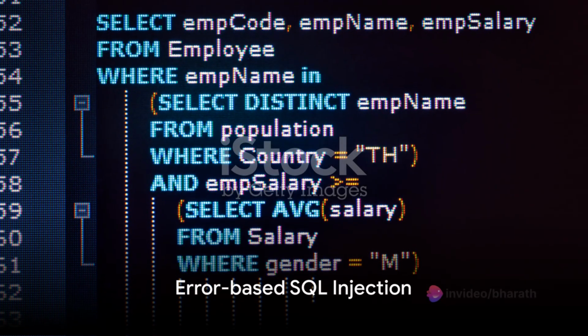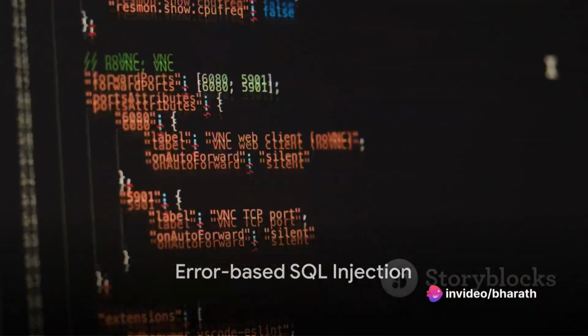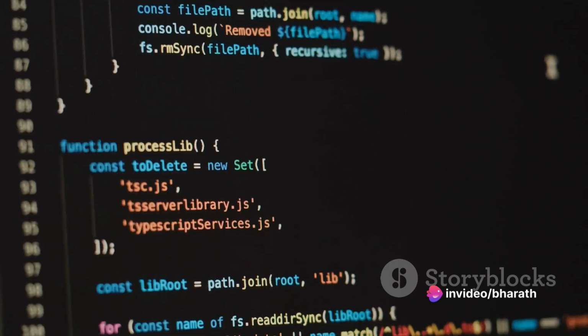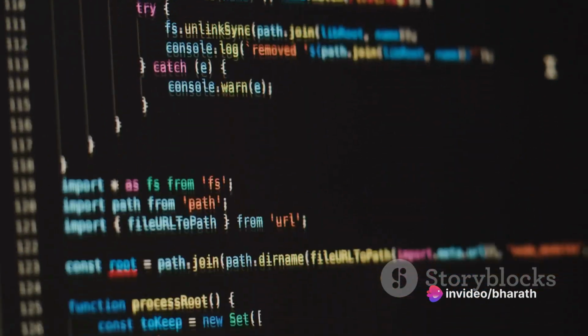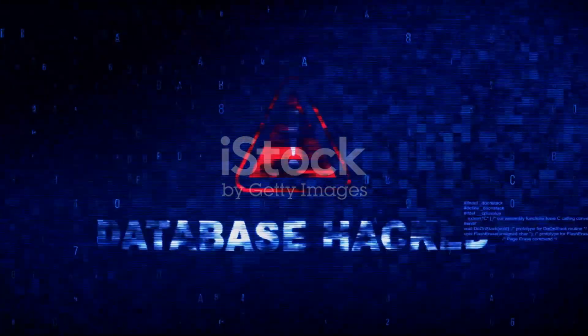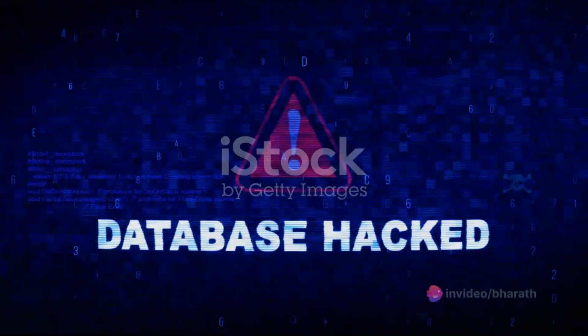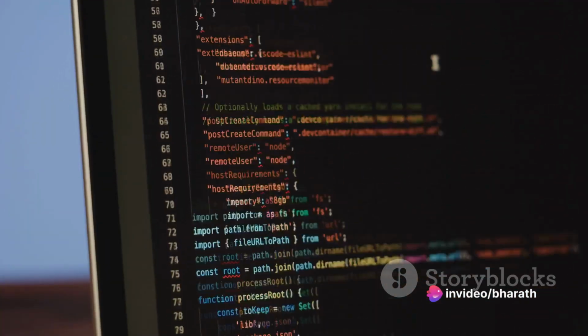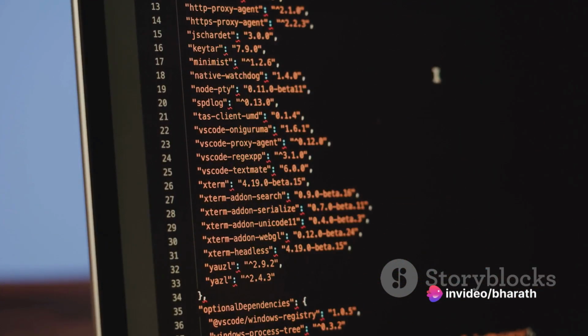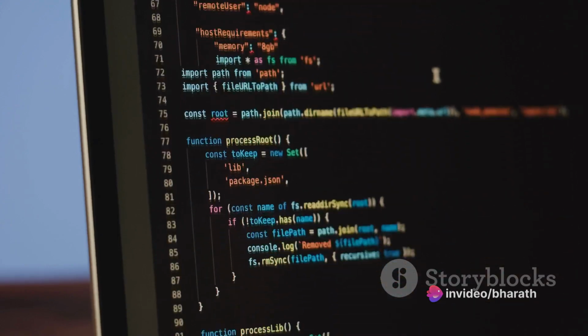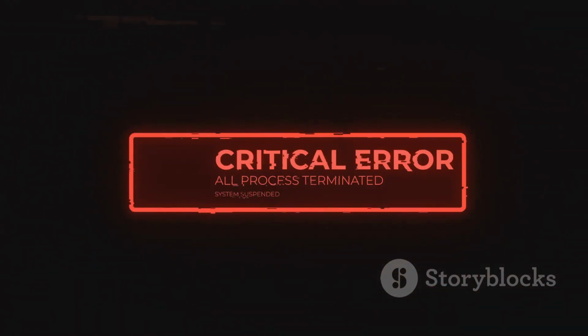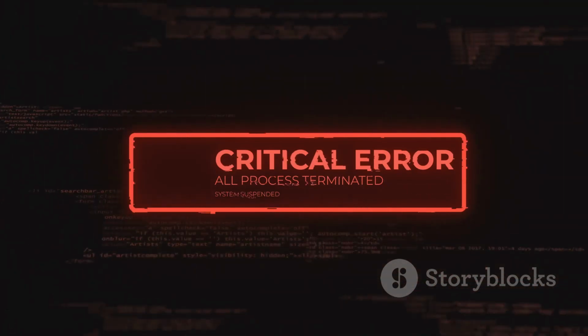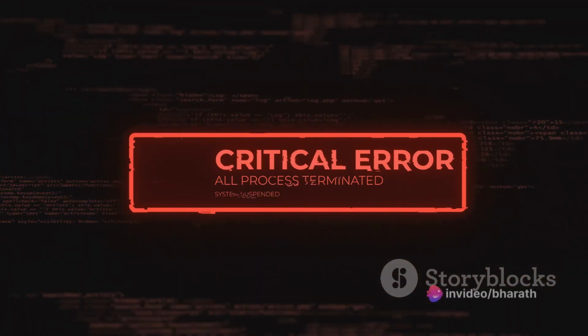On the other hand, error-based SQL injection has the attacker injecting malicious SQL code that triggers an error. This error message, returned by the database, then reveals information about the structure of the database. A payload for this type of attack might look like: OR 1 = CONVERT(int, (SELECT @@version)). The error message returned by the database might disclose details such as the database version, which can be valuable for